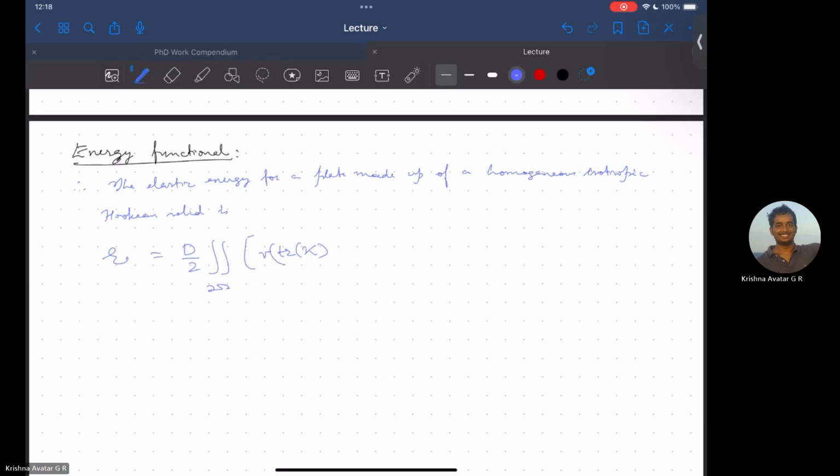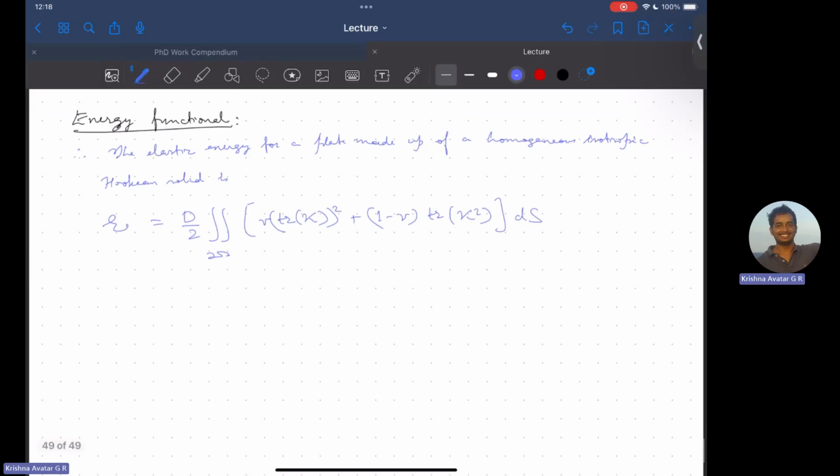whole squared plus 1 minus nu trace of kappa squared ds, where D is equal to E t cubed by 12 times 1 minus nu squared, and nu is the Poisson's ratio. Fine. And this, we have one identity